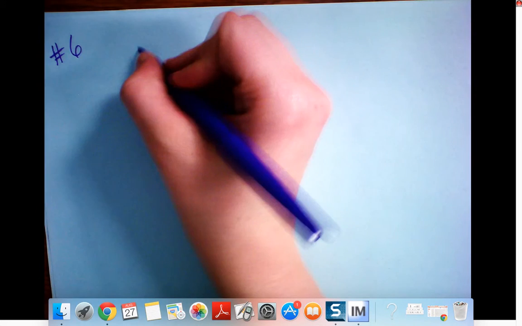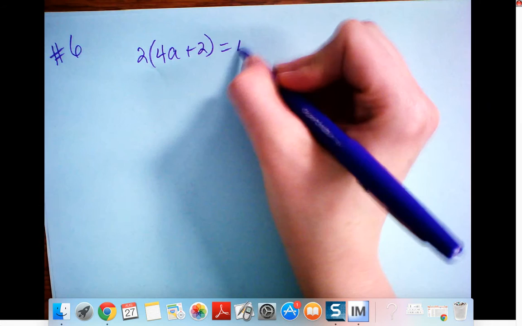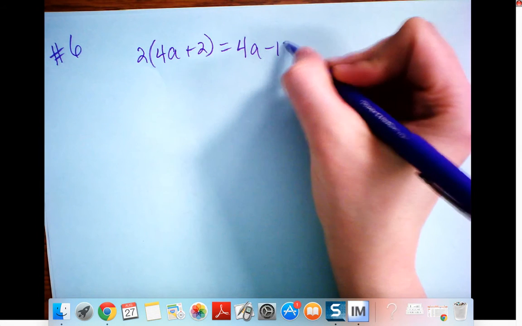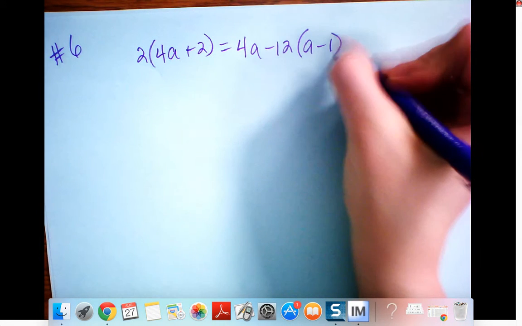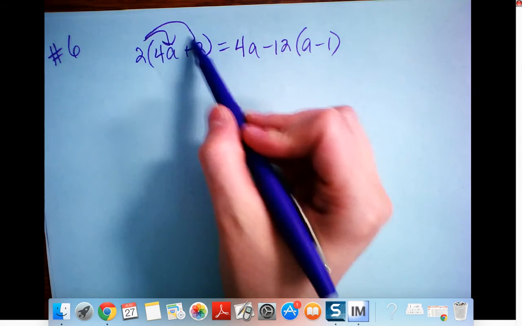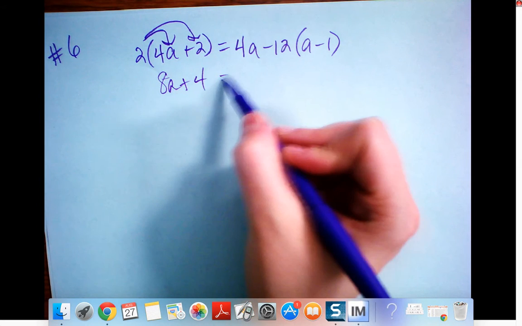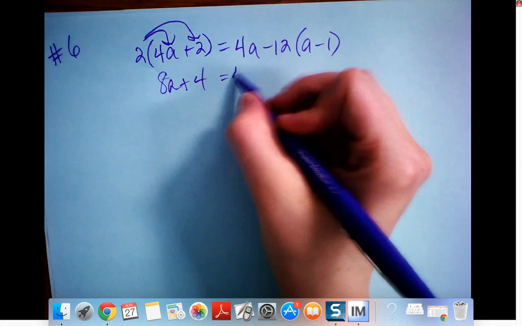All right, there's 6. 2 times 4a plus 2 equals 4a minus 12 times a minus 1. We have the distributive property. So 2 times 4a is 8a plus 4 equals 4a